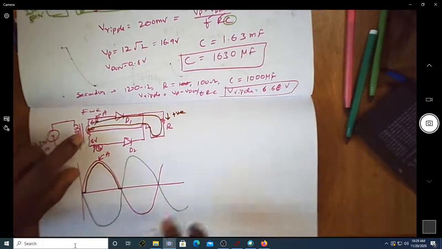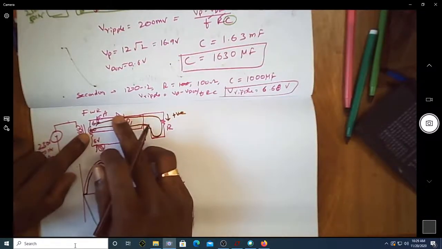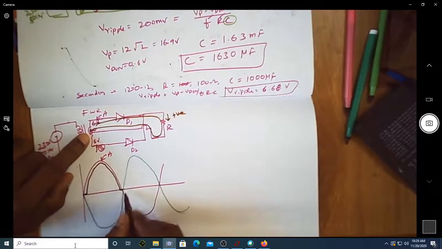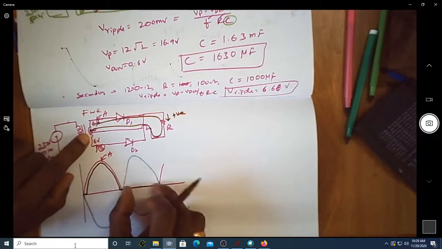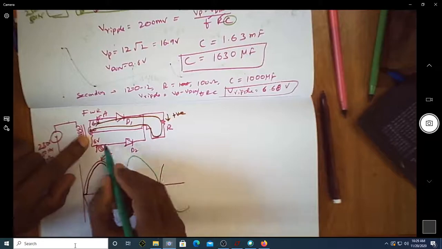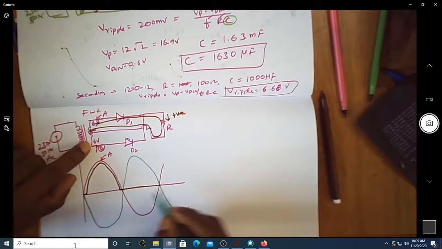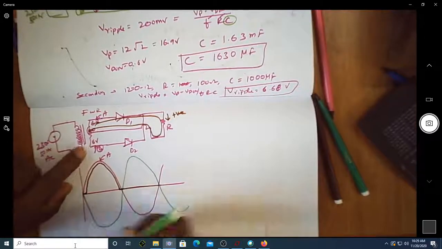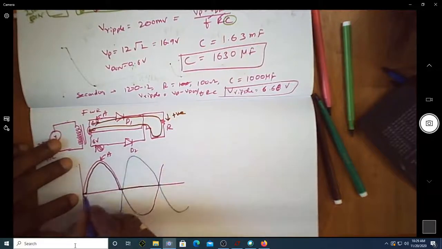Then during the negative half cycle, can you see here? Of course, in the negative half cycle, D1 is off. Of course, if you want to write, this is the brown one for D2. You can see now D2 is on here. D1 is off here. Suppose you write it for D2: when A was positive, this was actually negative. So you will have the output voltage as 0 due to D2, because it is reverse biased.